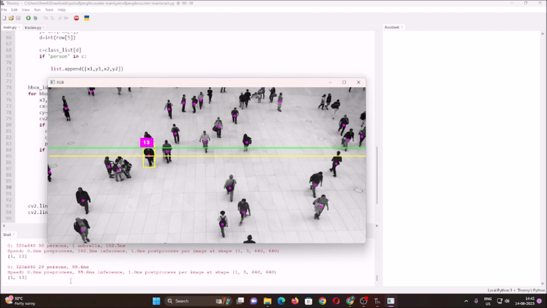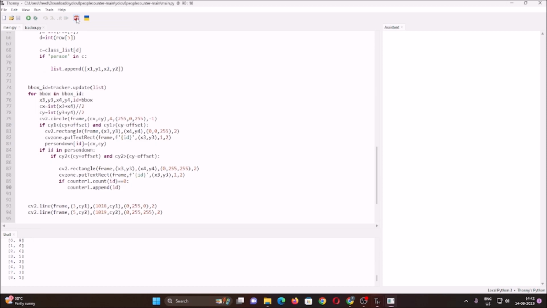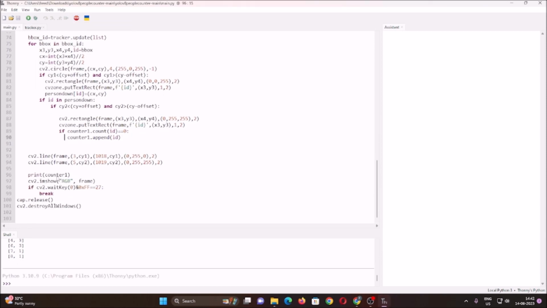This is for going downside, okay, for going downside. So simply we can say here, this is the list, so for the list we take the length. Now we have a perfect counter. Now we are going to count. This is for downside, not for upside. We are only counting the downside people, okay. So if I save the code, if I run the code,